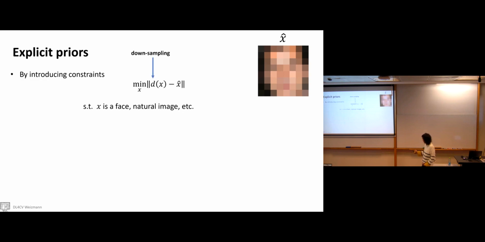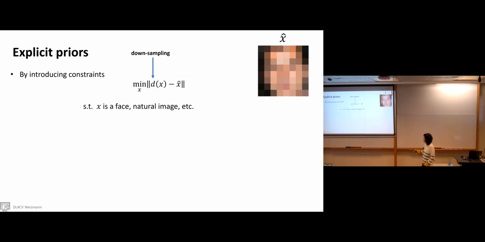In explicit prior, it's different. You don't have trained data of pairs. You do something else in the optimization problem. You introduce a constraint. For example, if this is the input, x hat, and you would like to predict x, then in the optimization problem, you say the following. I would like to predict x such that this is the high-res image. If I downsample x to the resolution of x bar, I would like